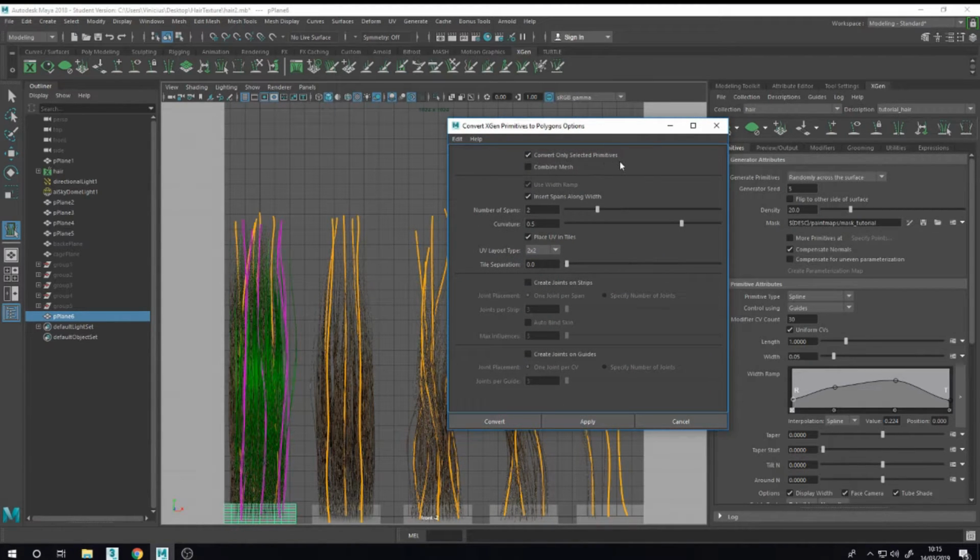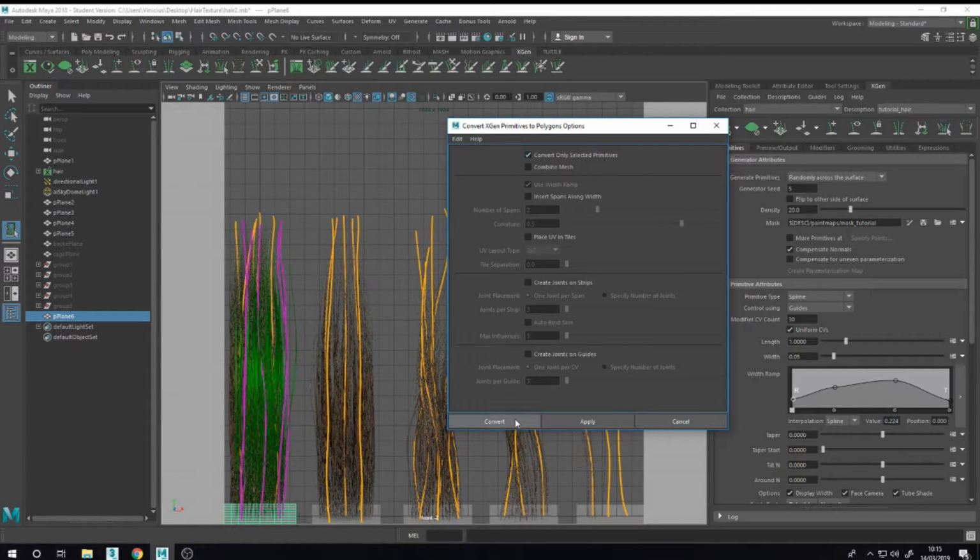So conversion is selected, insert spawns, set to 2, curvature 0.5. You don't need this one this time. Oh, I think you don't need this one too.